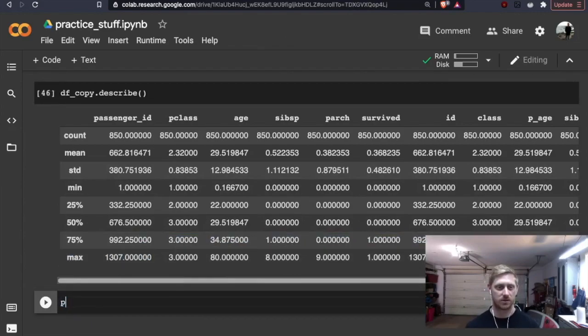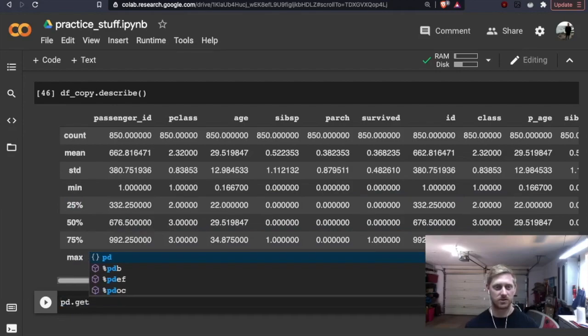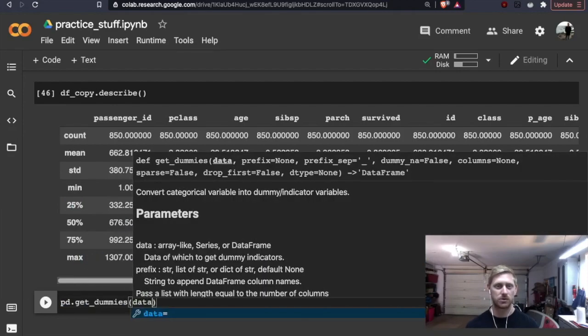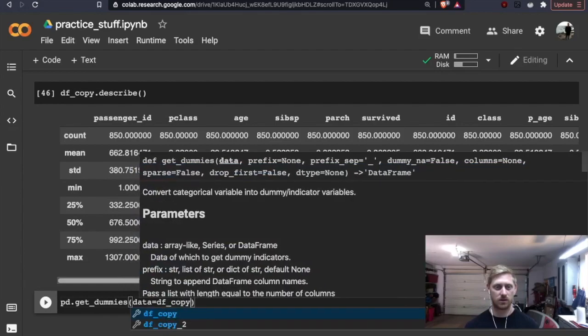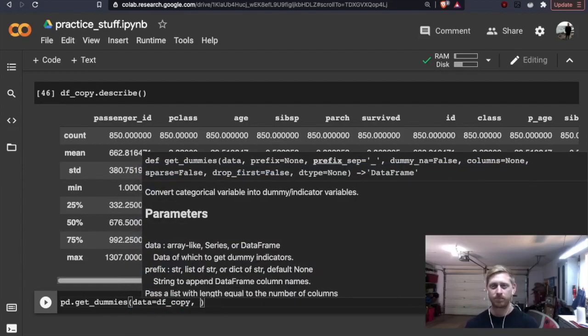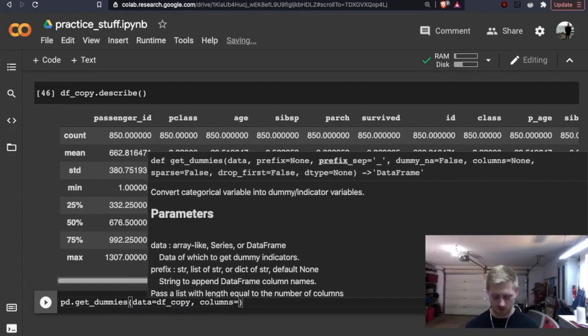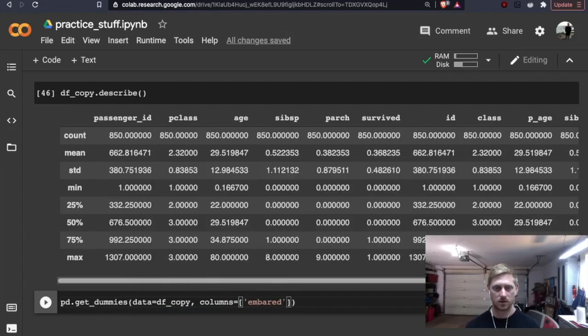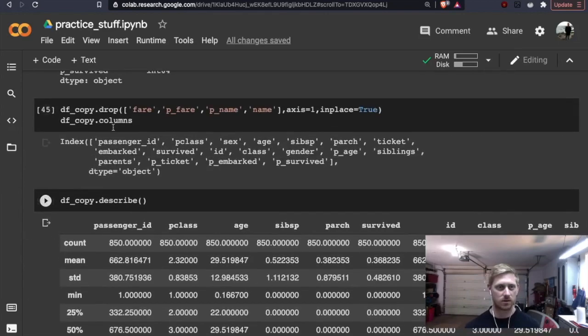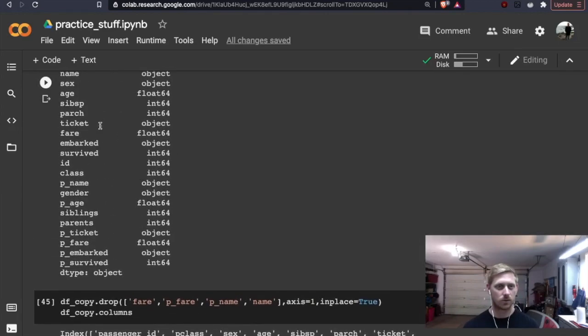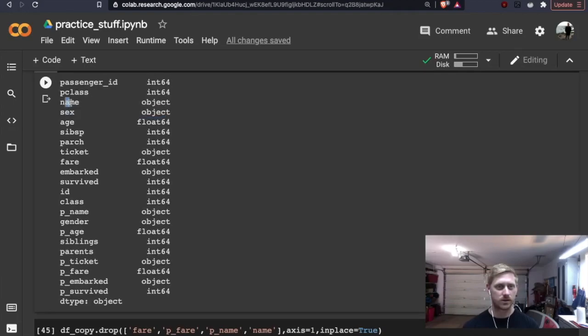But let's go ahead and do dummies now. So we'll want to do pd.get_dummies. From there we'll do data equal to df copy. And then we'll go ahead and select the columns that we want to dummy out. So let's go ahead and do embarked. Let's do p embarked. And then we'll do sex, and I believe the other one we named it gender, right? So what would it be? We have our sex, we drop name,